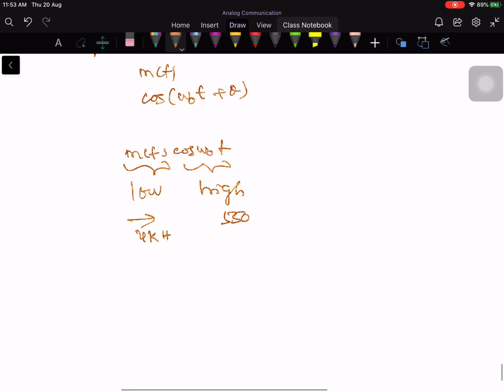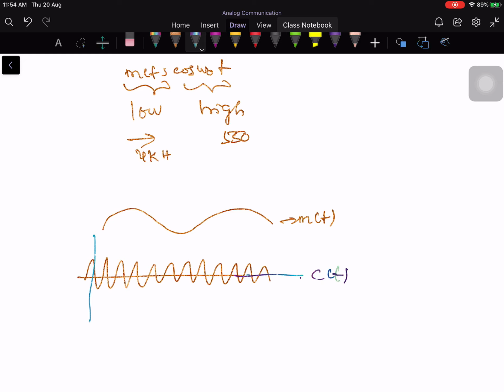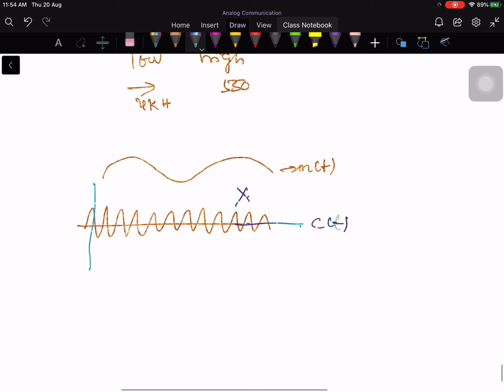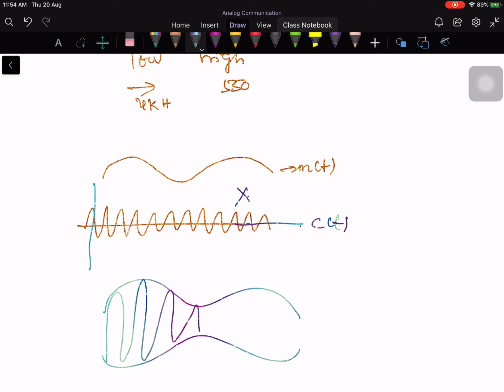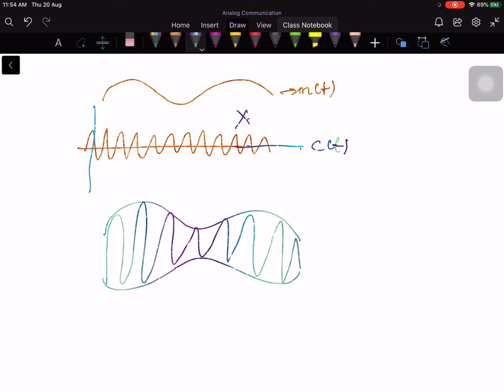Let's say your signal is slowly varying like this, and you have another signal that carries high frequency, it keeps on changing like this, a cosine wave like this. Now this is your m of t, and this is your c of t. Multiply these two signals, then what will happen? Your carrier will vary between these two like this. Here the highest frequency component of m of t is much smaller than omega naught.